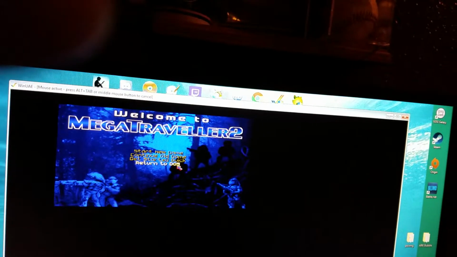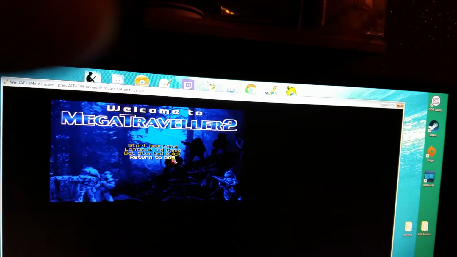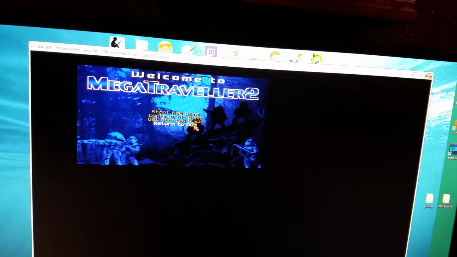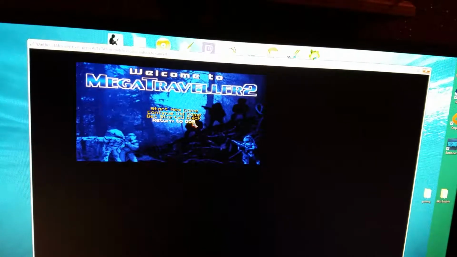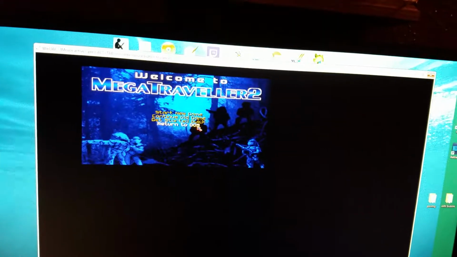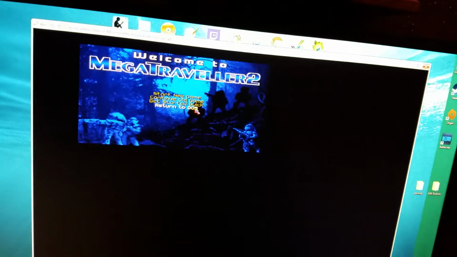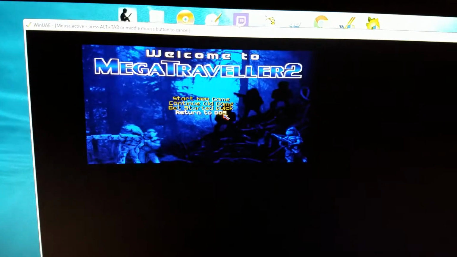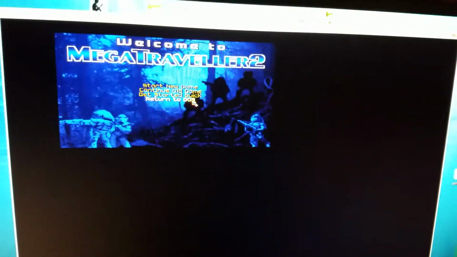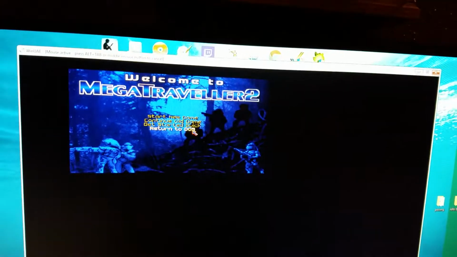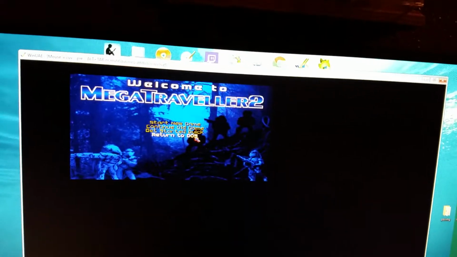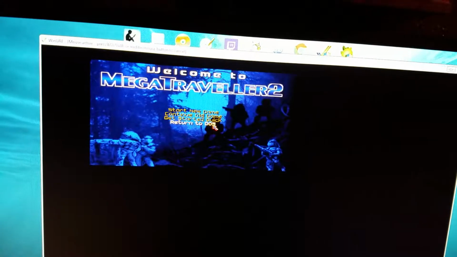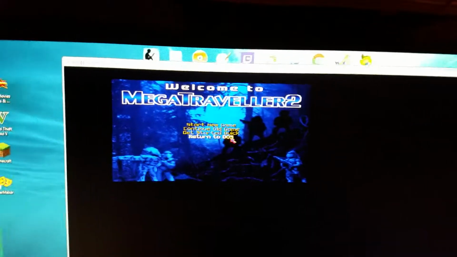It's weird that now it will work in full screen window, but it won't work full screen. It'll work windowed, but again, I don't want anything that's small, and it sucks that I can't bring over the config from WinUAE so I can have it full screen window,